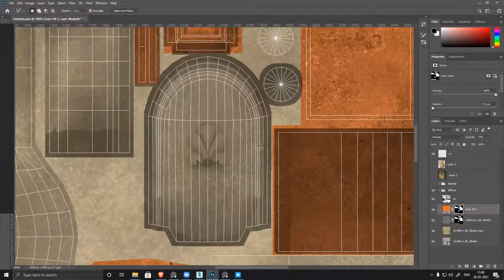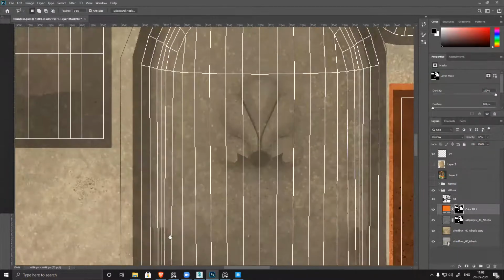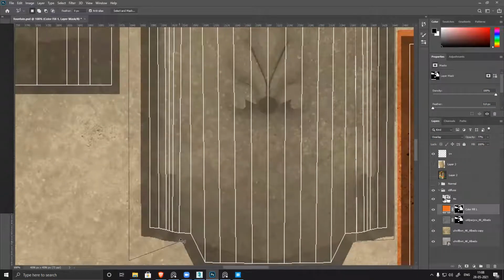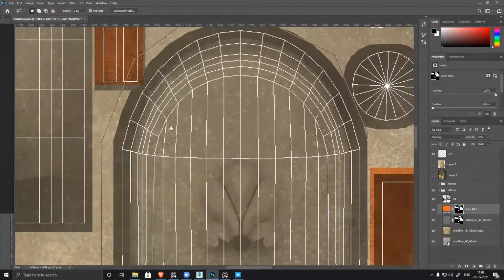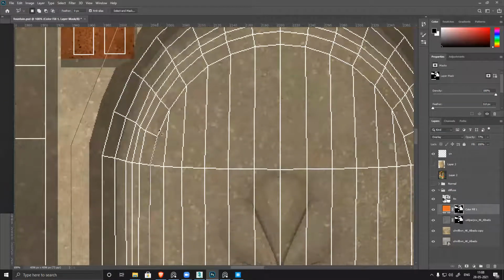lasso tool. This one. Edge to edge, perfect, make a perfect selection.